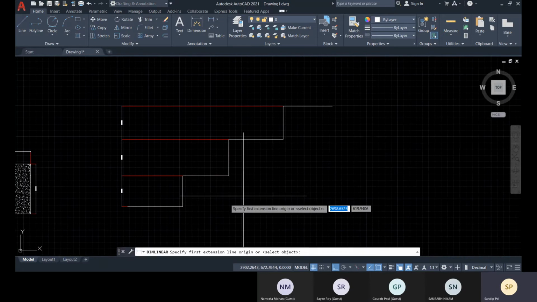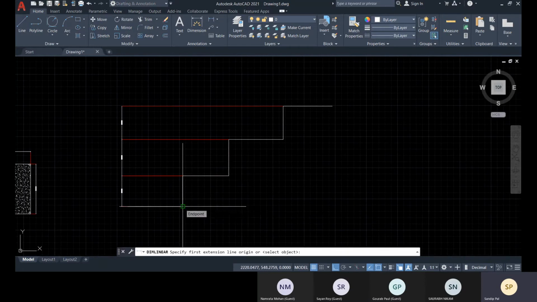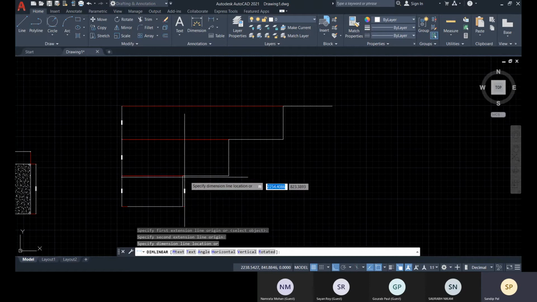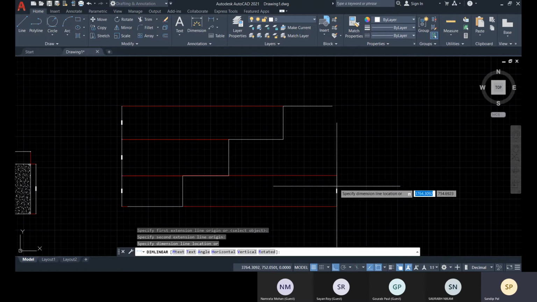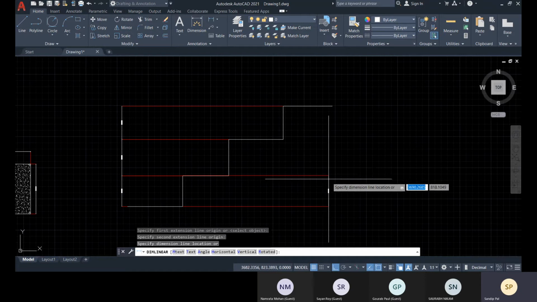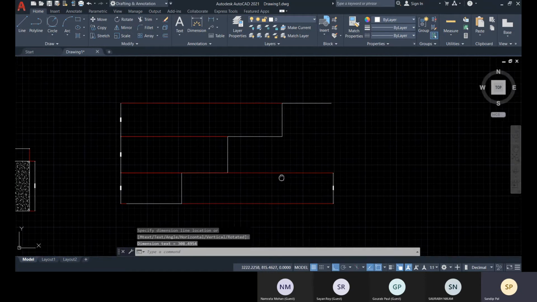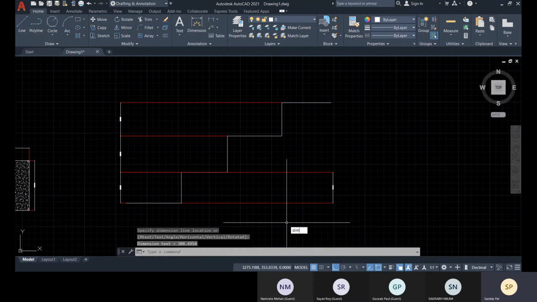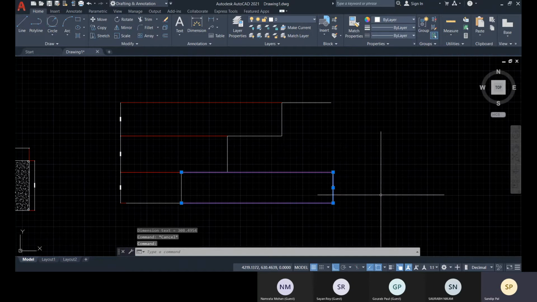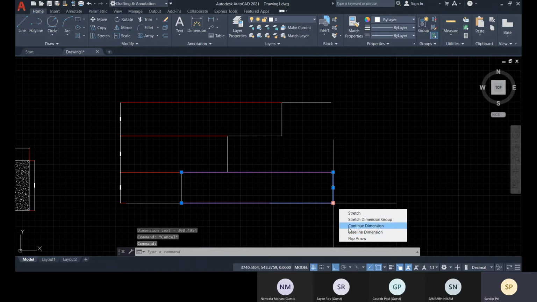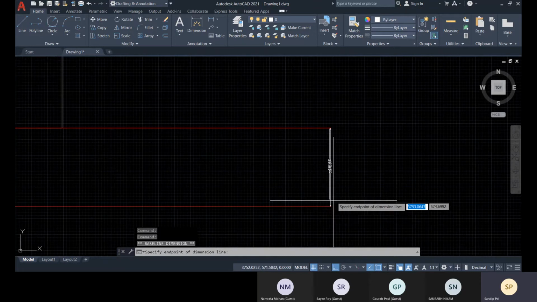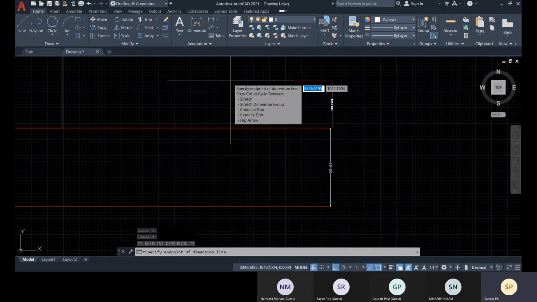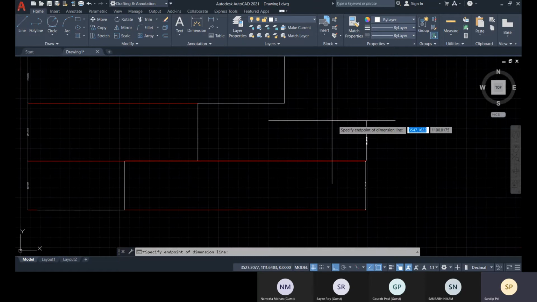Now you can choose this space. Okay, now you go with this, or you can type dimension baseline, DIMBASELINE, you can type, right? Or else you select it and place your mouse pointer over there, and you can choose baseline dimension, and this as a baseline, and from this it will count. Okay,